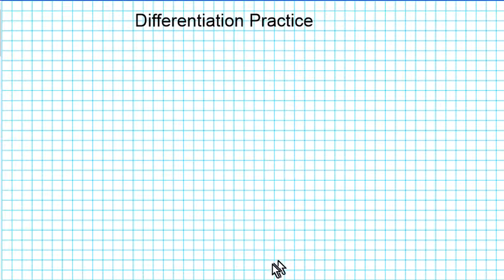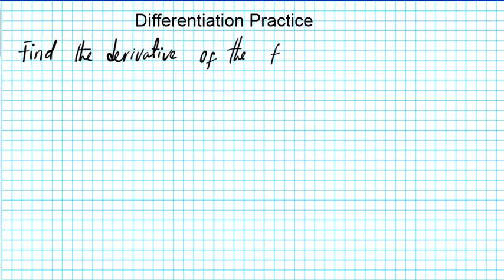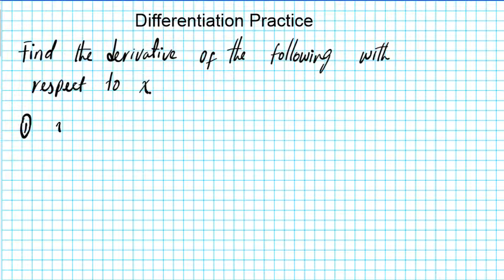The instructions are for us to find the derivative of the following with respect to x. Okay, so let's say we have, for question 1, y equals x to the 6th power